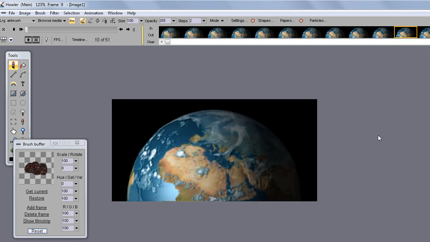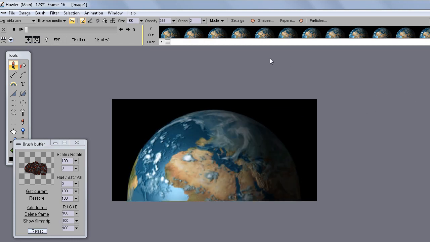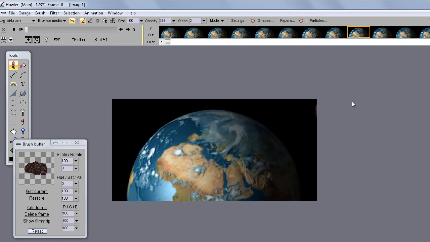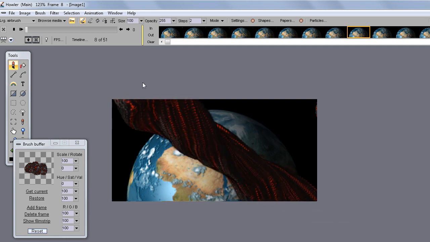One thing you notice, as I'm painting, the globe is turning. That's basically what it's doing, it's advancing frame for frame. Every time that I move a little bit, it's advancing. So I can actually do that and paint my meteor, for instance, going from the lower right all the way to the upper left corner here. So I'm going to paint it along this,